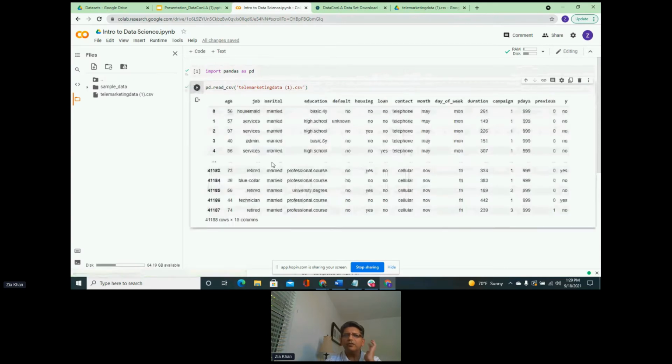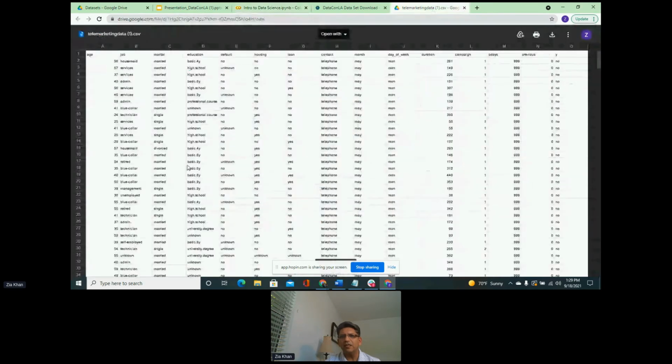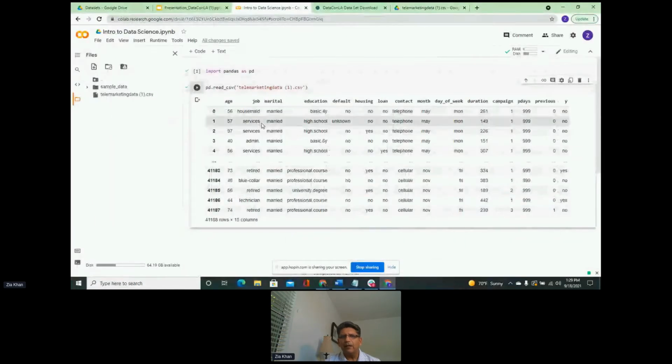And then once you run this cell, this is the data set that I had shared, that you can see in this tab here also. So we have the data downloaded and uploaded into Google Colab, and now we have read it in the Jupyter Notebook. Now, this function helps us read the data, and what we are going to do is create an object and call it data, and this object is what is going to store this information that we have here.